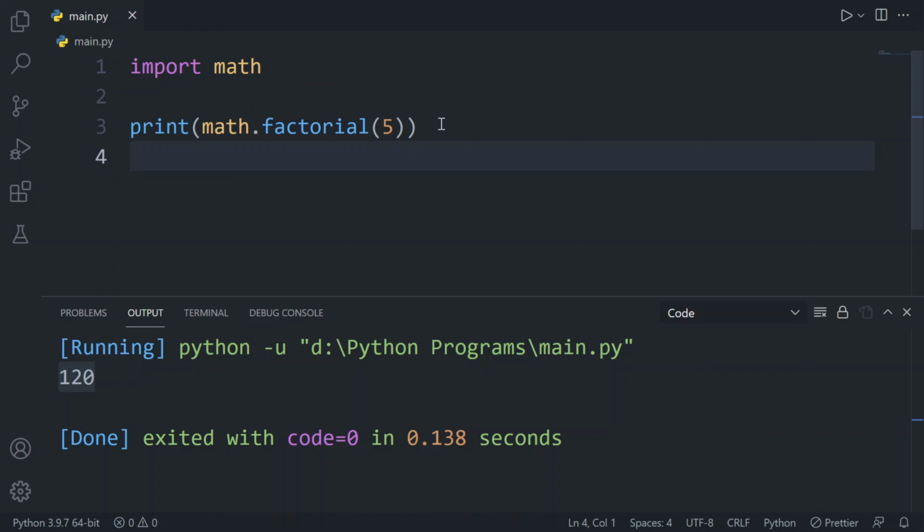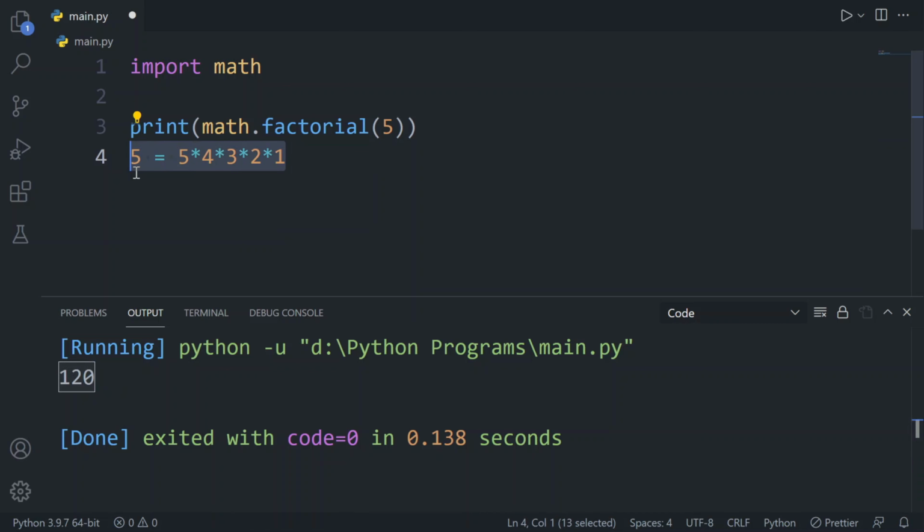So what is factorial? Factorial is like this. If you have 5, the factorial of 5 will be 5 into 4 into 3 into 2 into 1. Now calculate. 5 into 4 is 20, 20 into 3 is 60, 60 into 2 is 120, 120 into 1 is 120. So that's why we get 120 here.